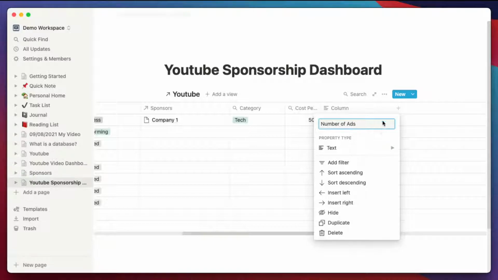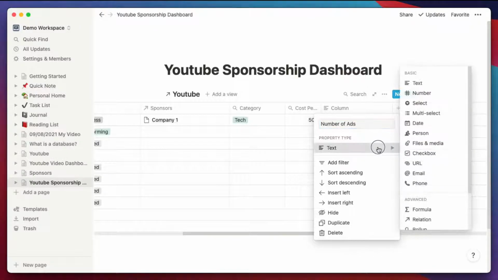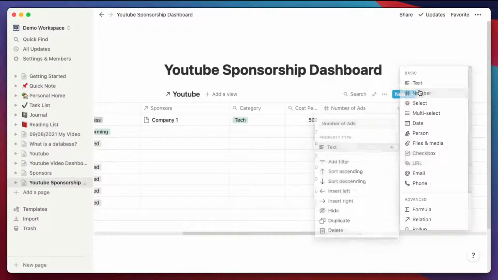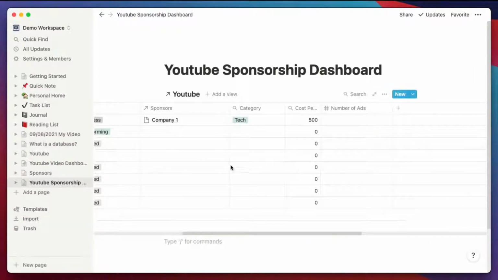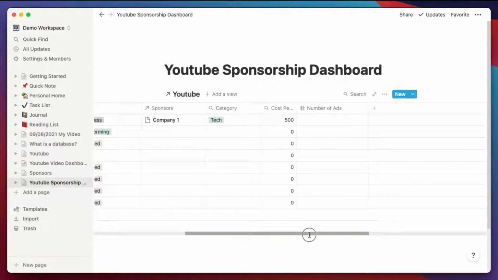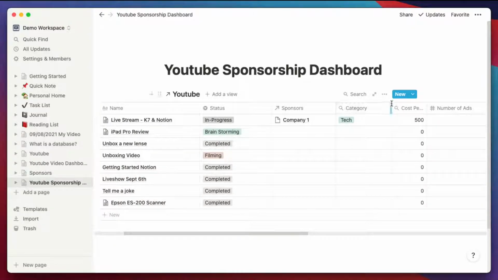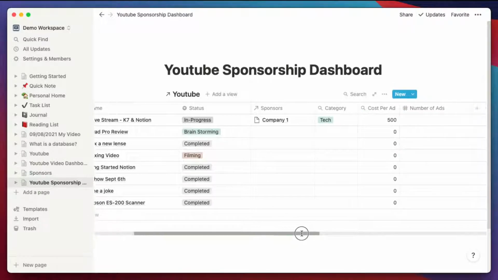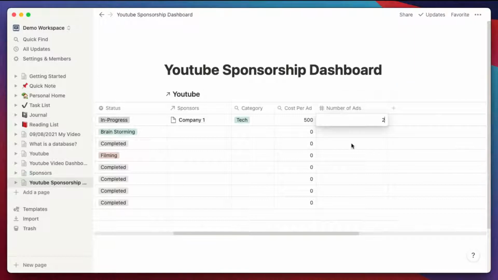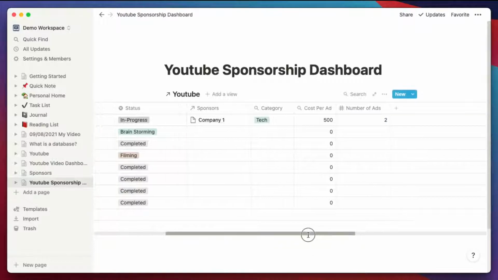And we're going to make this a number. So let's say company 1 is the main sponsor of this show. They are a tech category. Their cost per ad is 500. And today's show, they're doing 2. So now you kind of see where we're going.